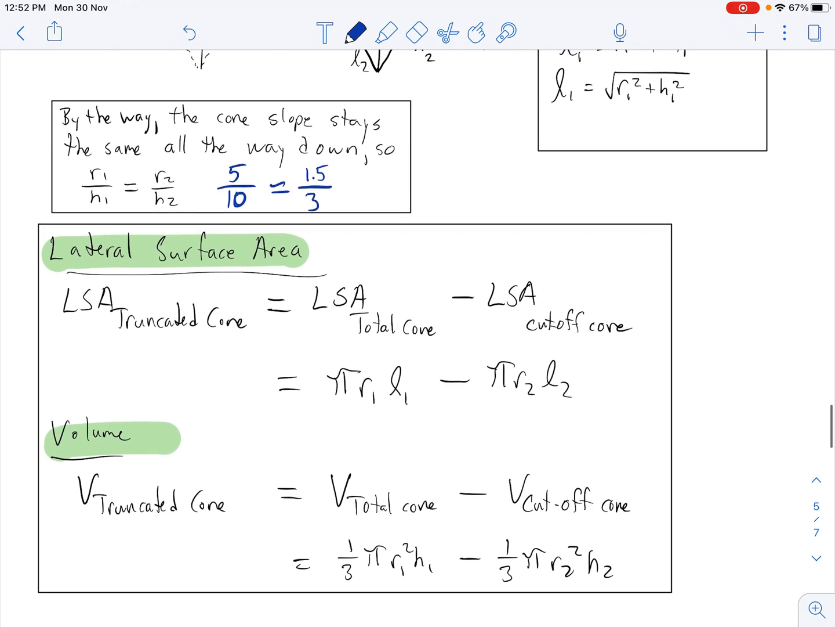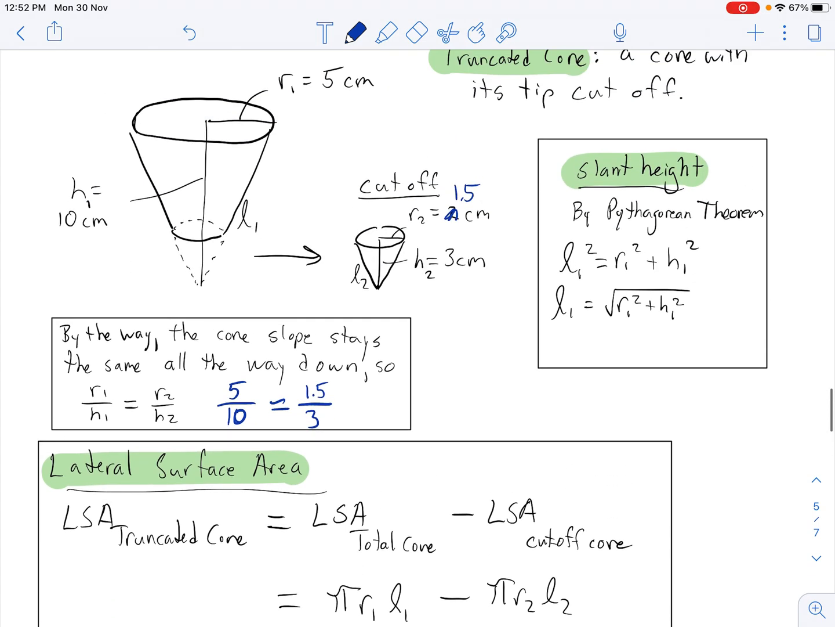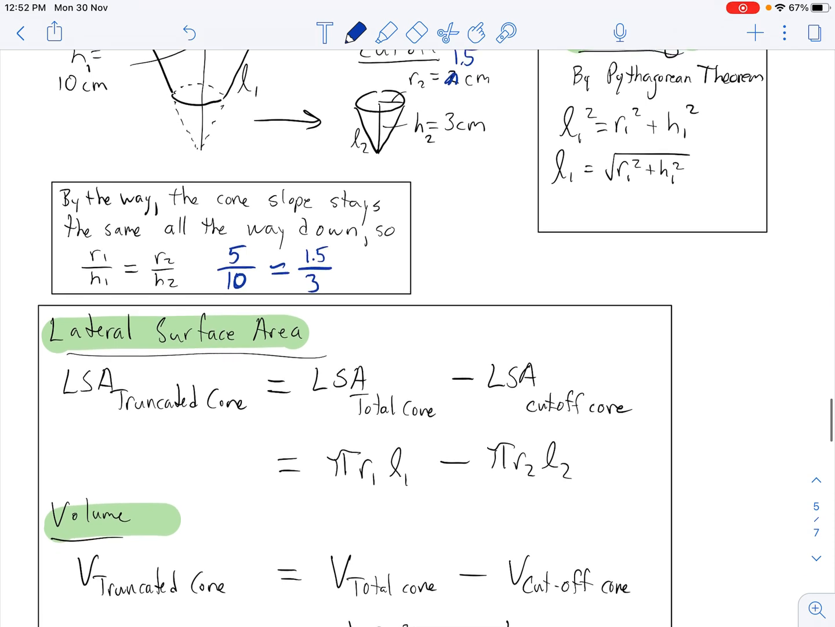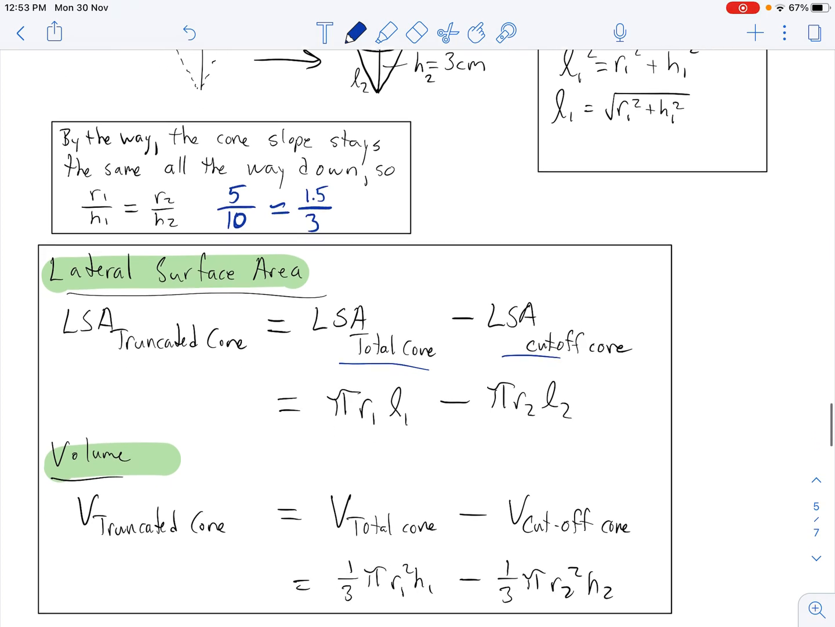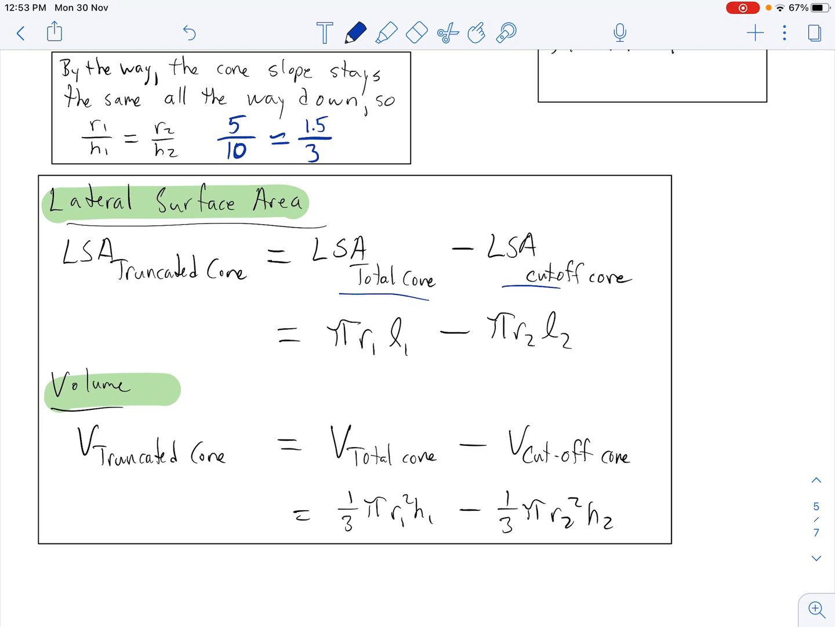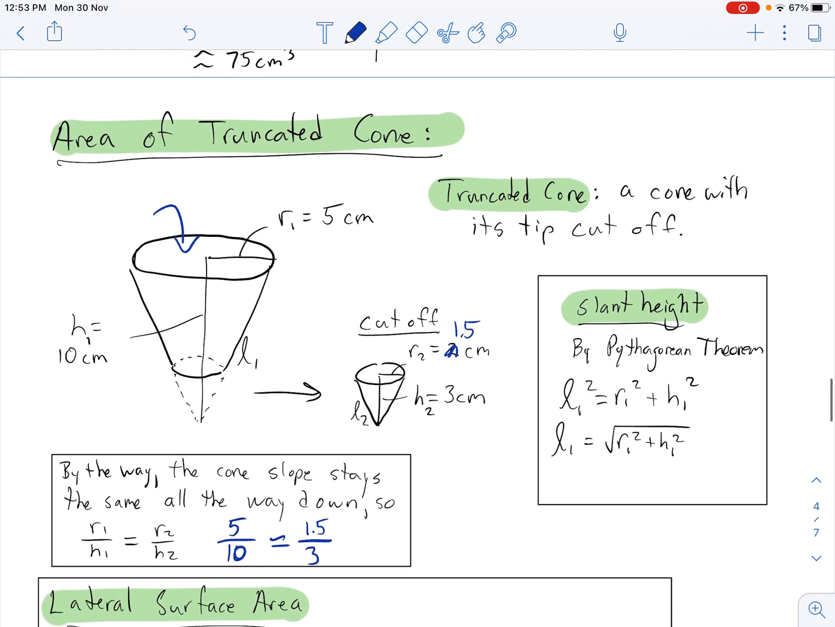The lateral surface area, and that's often what we want because cones are open since we're pouring stuff into it. So that circle on the top is open. So we usually want lateral surface area. We do the lateral surface area of the total cone minus lateral surface area of the cut off part to get that truncated cone surface area. Volume would be the same. Volume of the total cone minus volume of the cut off cone would get you the volume that the